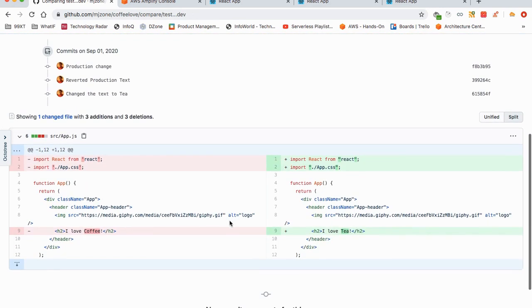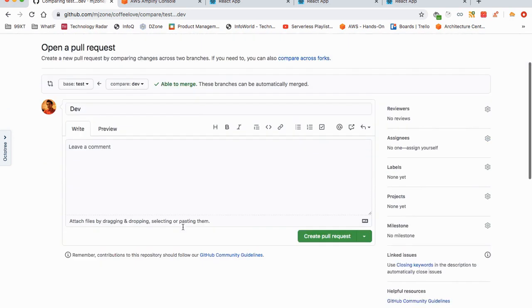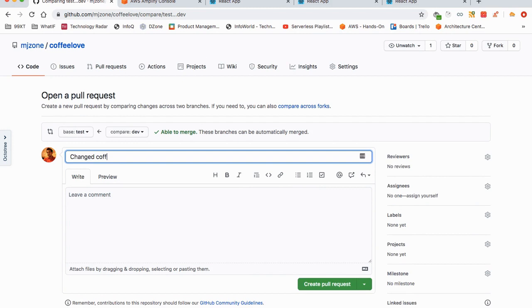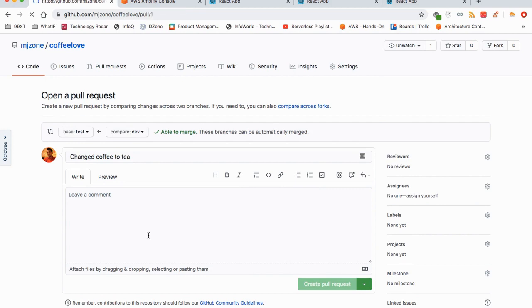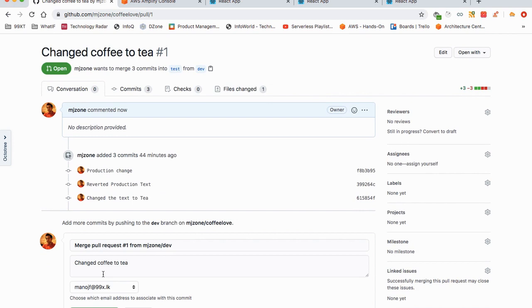And here we go, and it shows the change. So the coffee will be replaced with tea, and then I'll click create pull request. Change coffee to tea, and I'll click create pull request. So this time I will merge it by myself, or this could be someone from your team.